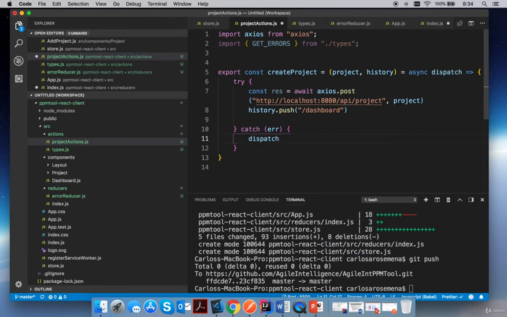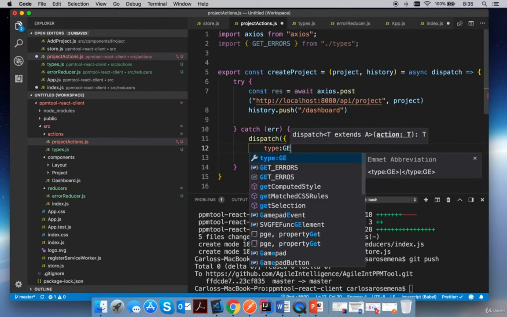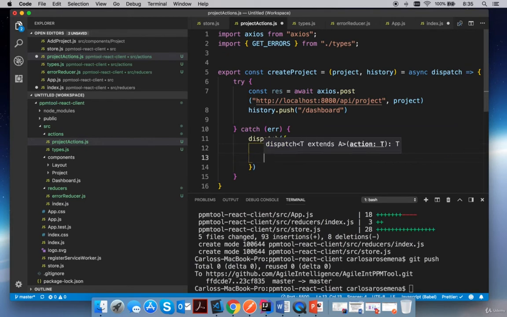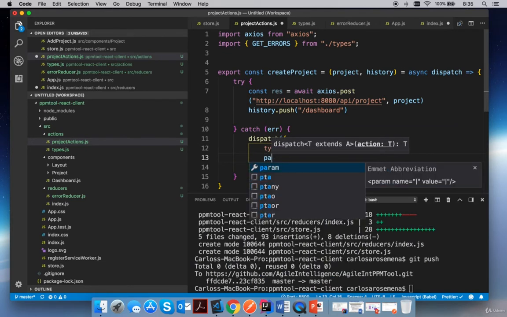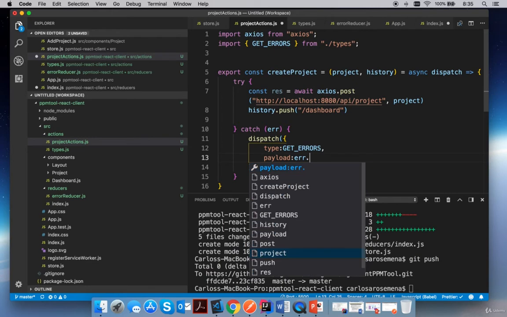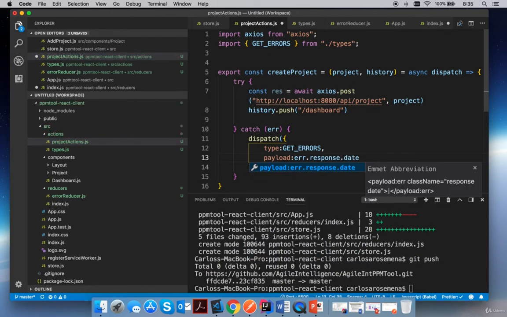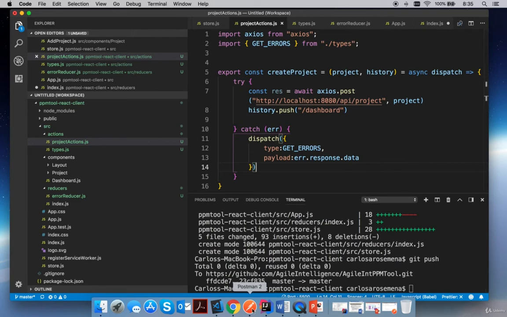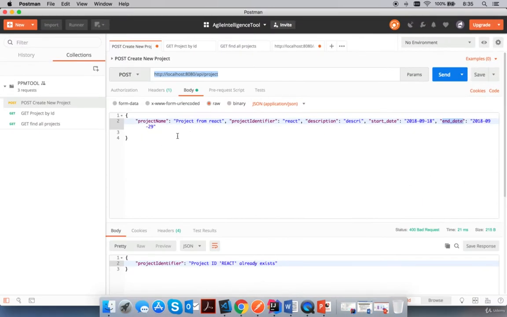then we're gonna use dispatch, and if there's an error, we're gonna dispatch this action. The type is gonna be the get errors, and what we're sending there is a payload, with the error response dot data. Data, not date. Okay. Perfect. So basically, what we're saying here is we're passing you an object, and if everything goes well, then take